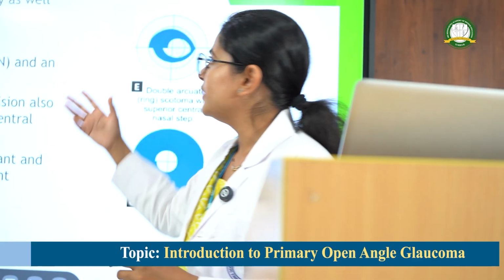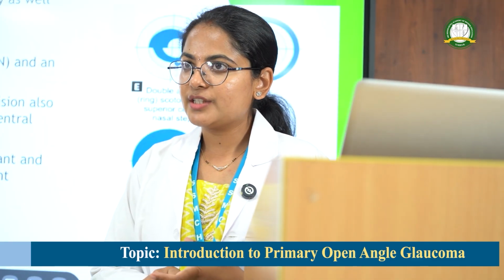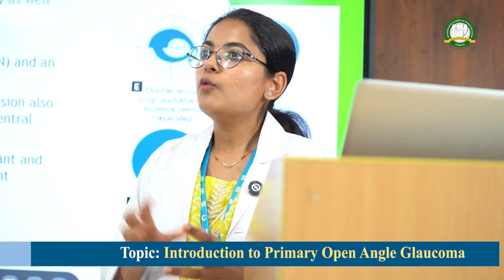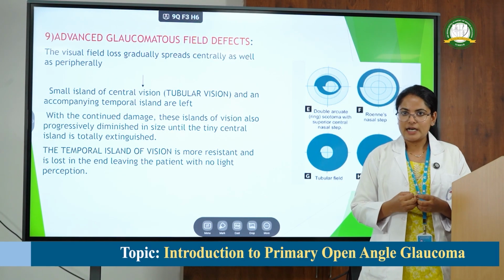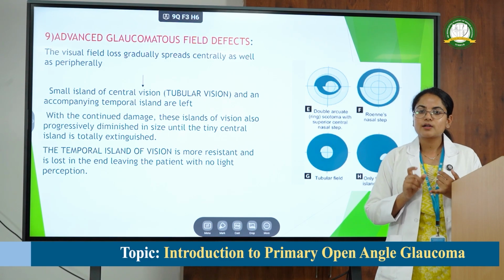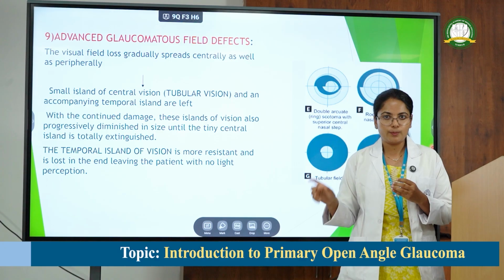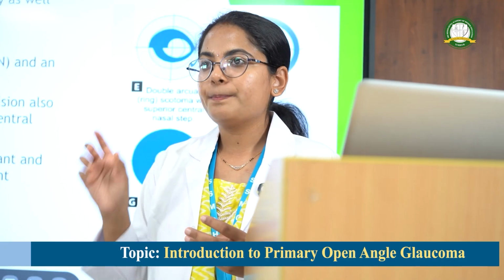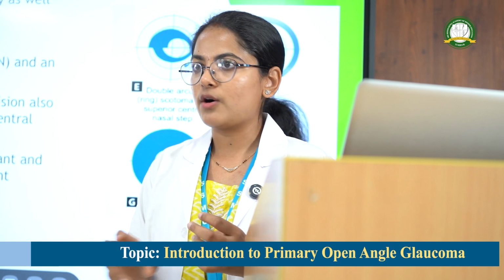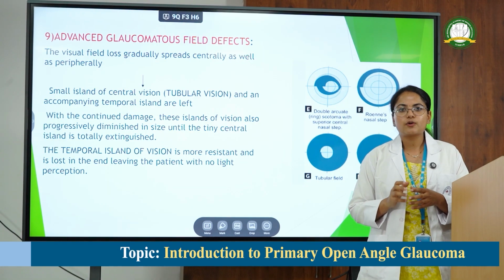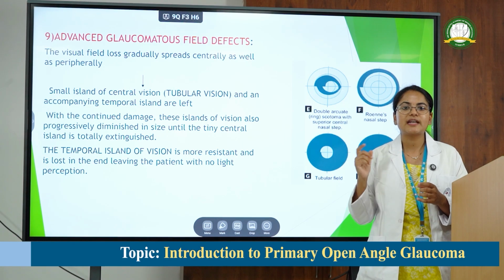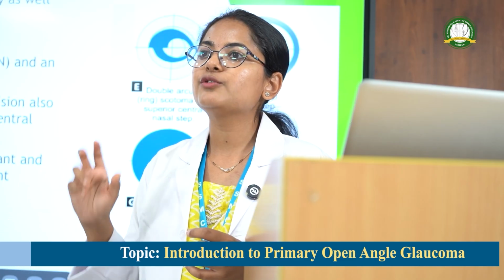So now we have discussed the changes of glaucoma, what primary open angle glaucoma is, and what changes we see in glaucoma. Now the conclusion of this lecture. So what is glaucoma? Glaucoma is a multifactorial optic neuropathy which has optic disc changes associated with visual field defects, with or without raised intraocular pressure. In primary open angle glaucoma, there is raised intraocular pressure of greater than 21 mm of Hg associated with optic nerve head changes and visual field defects.